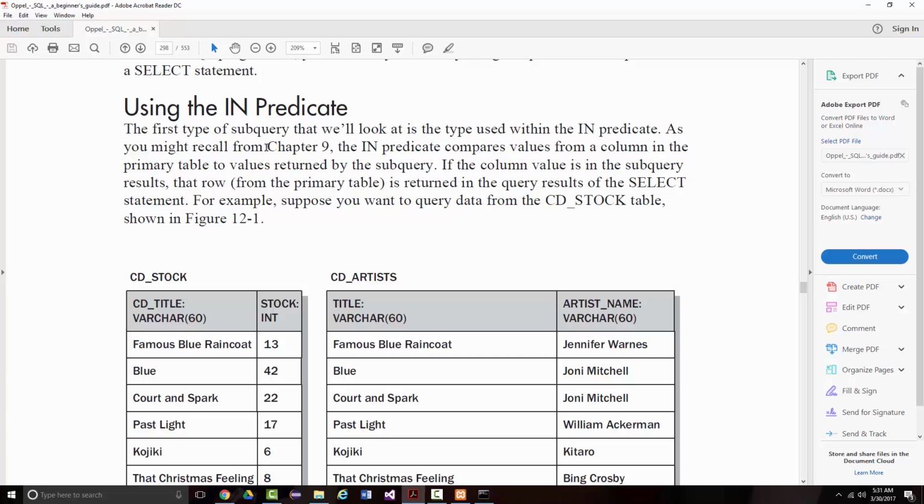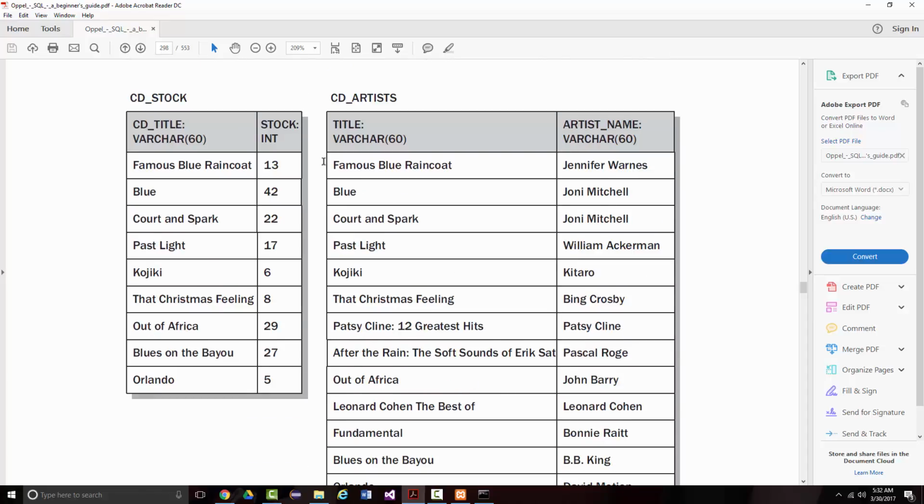So the first type of subquery that they're going to look at is the type used within the in predicate. As it says from Chapter 9, the in predicate compares values from a column in the primary table to values returned from the subquery. If the column value is in the subquery results, that row is returned. So the author says, okay, let's imagine